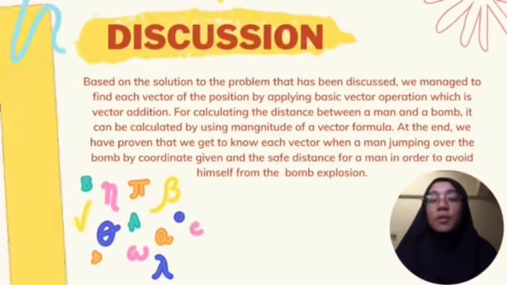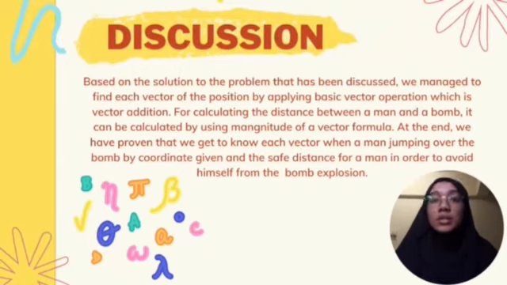Based on the solution to the problem that has been discussed, we managed to find each vector of the position by applying a basic vector operation, which is vector addition. For calculating the distance between a man and a bomb, it can be calculated by using the magnitude of a vector formula. At the end, we have proven that we get to know each vector when a man jumps over the bomb by the coordinates given, and the safe distance for a man in order to avoid himself from the bomb